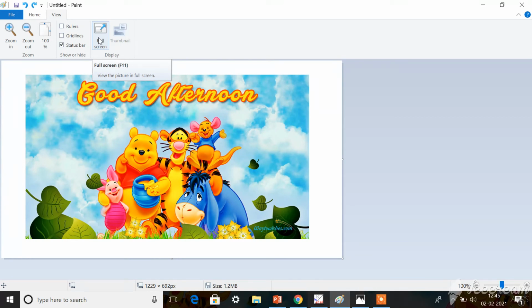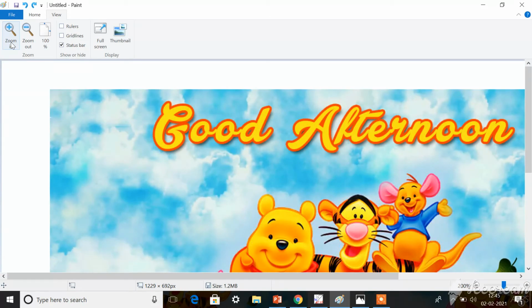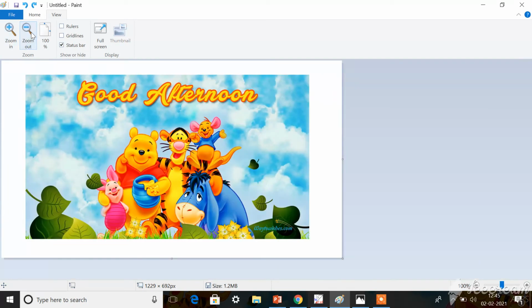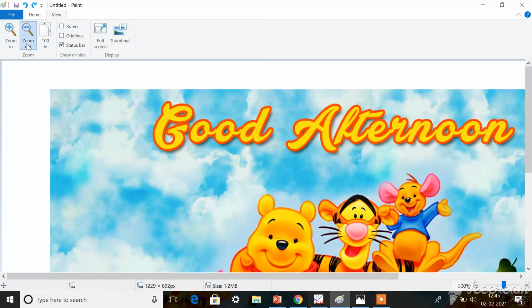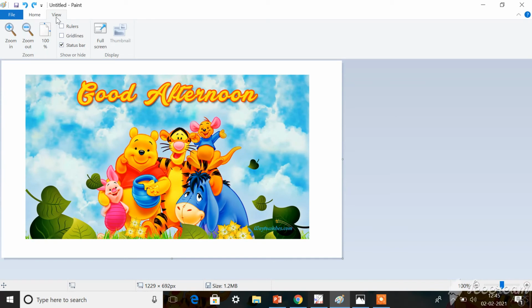The next thing is zooming in and zooming out. If you want to make your diagram bigger, you have to again go to the view tab. There is an option called zoom in, in the zoom group, isn't it? You should click that. See here, your diagram becomes bigger, isn't it? If you give zoom out, your diagram will come to the normal position. Simply keep clicking on zoom in and zoom out in the view tab.